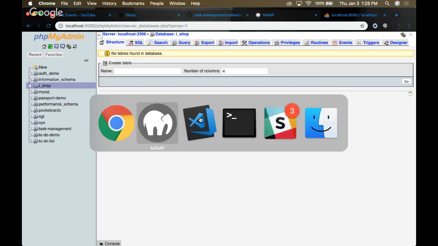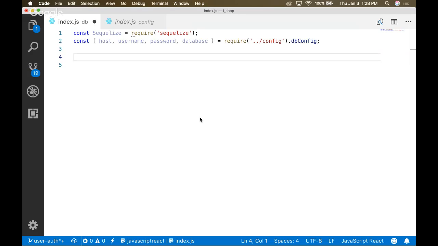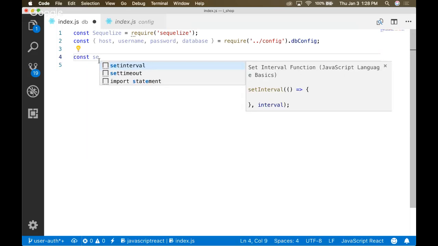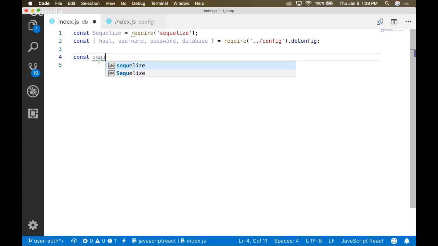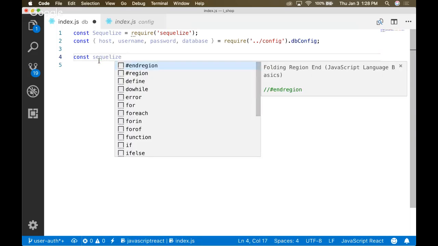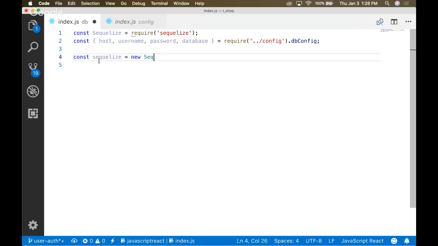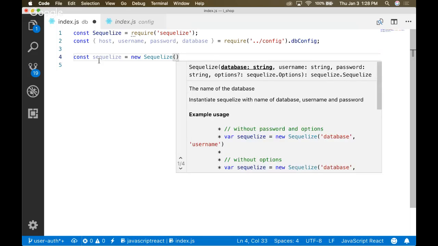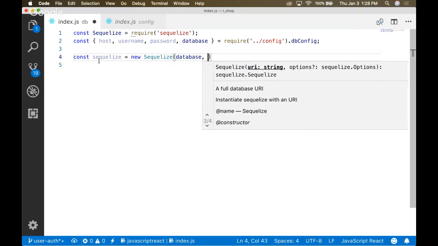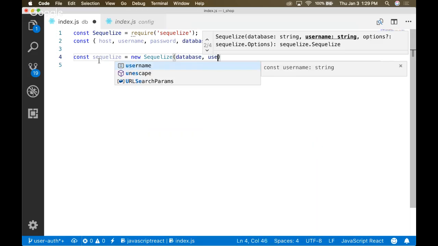So now we'll go back to our code. We're still in our index.js inside of our DB folder, and we should be able to write the code, and then it should connect to the database if all went well. So we'll say const SQLize equals new SQLize. And then we've got to pass it our database name, our username,